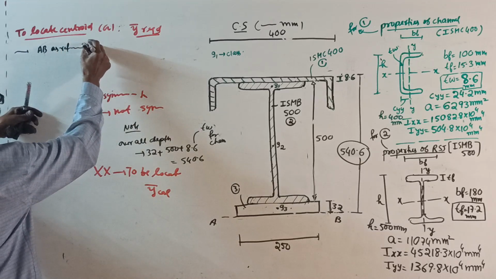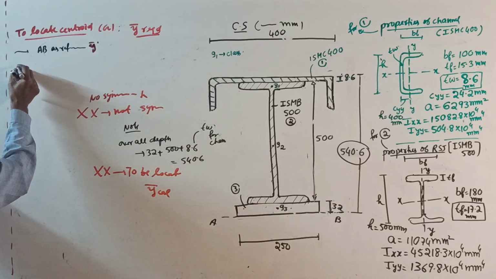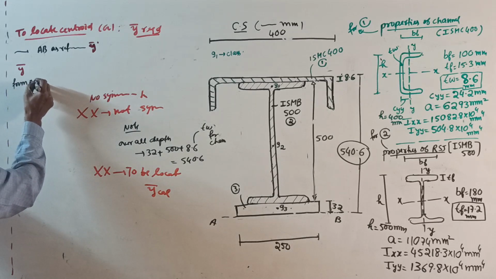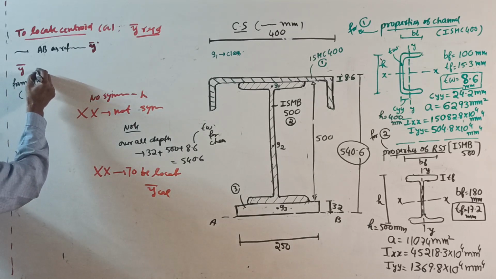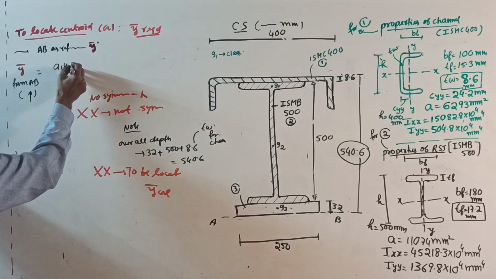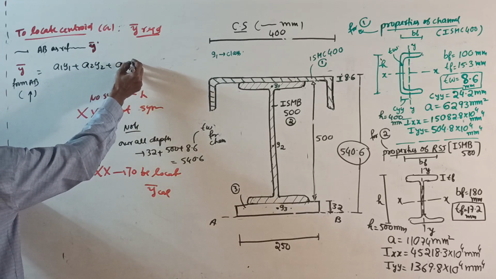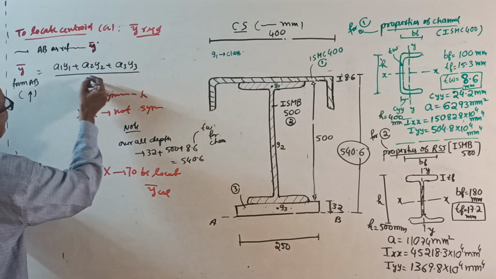Right, correctly. Y bar, then y bar from where? From AB, upward, equals A1y1 plus A2y2 plus A3y3 divided by the total